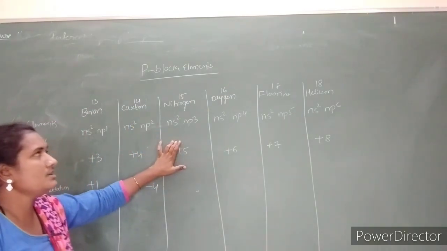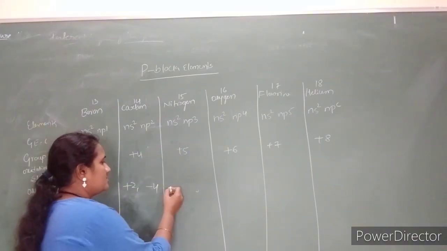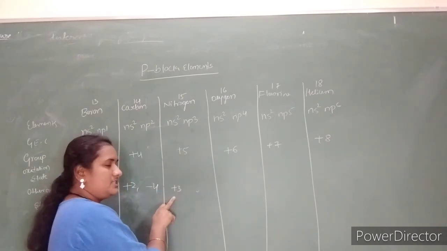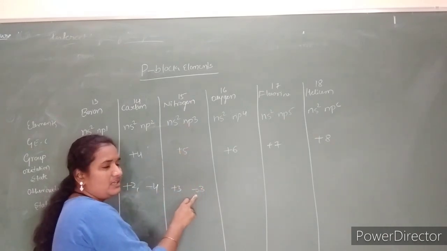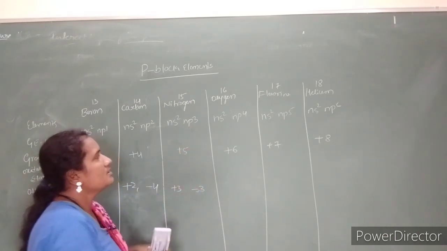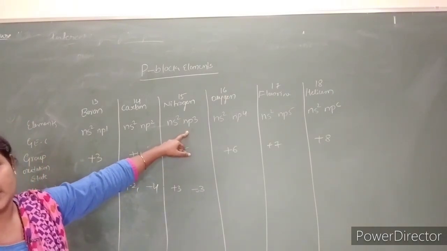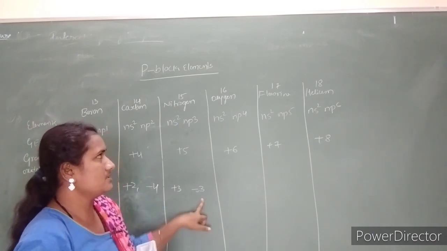And if you move towards the group 15 elements, these also show other oxidation states like +3. After removal of 3 electrons, it will attain +3. Or we can add 3 electrons to it, then it will exhibit the -3 oxidation state. So again it becomes np6, and it attains stability. In this way it is showing +3 as well as -3.